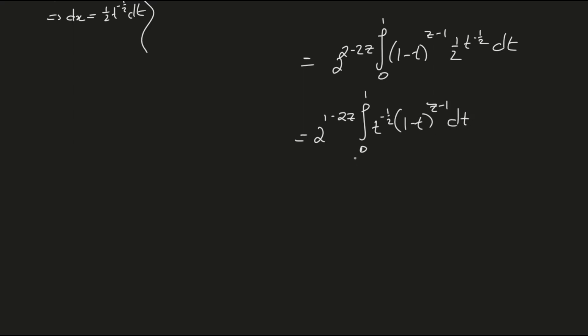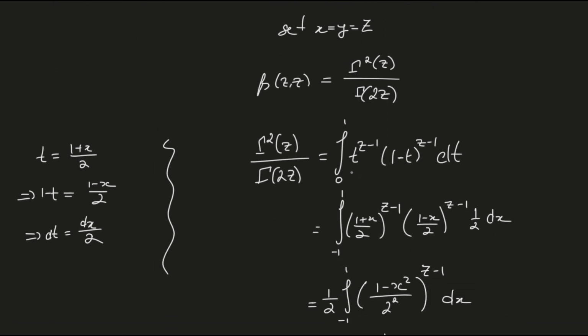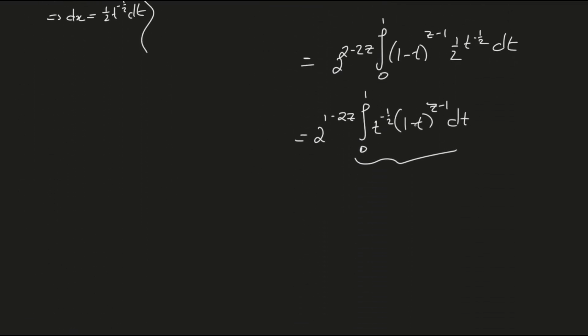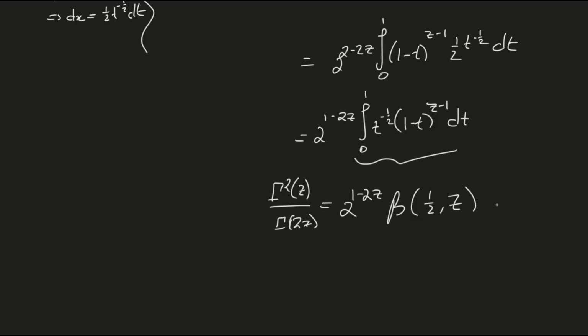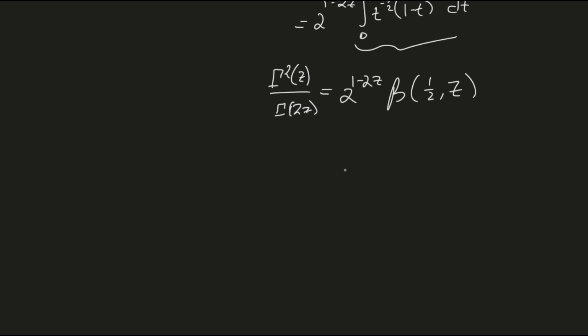dt. Now notice that this integral right here is precisely what I've used up here for the beta function, only that this first argument is replaced with 1/2. So we have that gamma squared z over gamma 2z is equal to 2 to the 1 minus 2z times beta of first argument 1/2 and the second argument z. Now we can, just like before, expand this beta function in terms of gamma function,